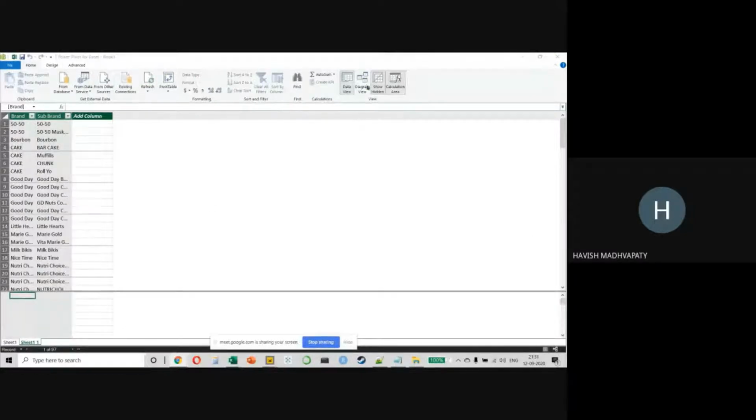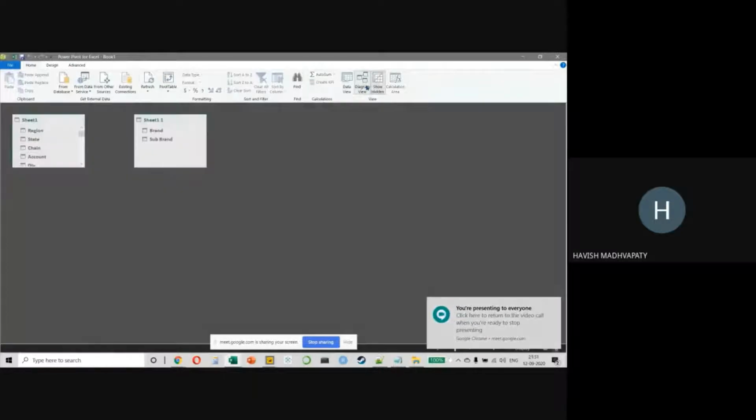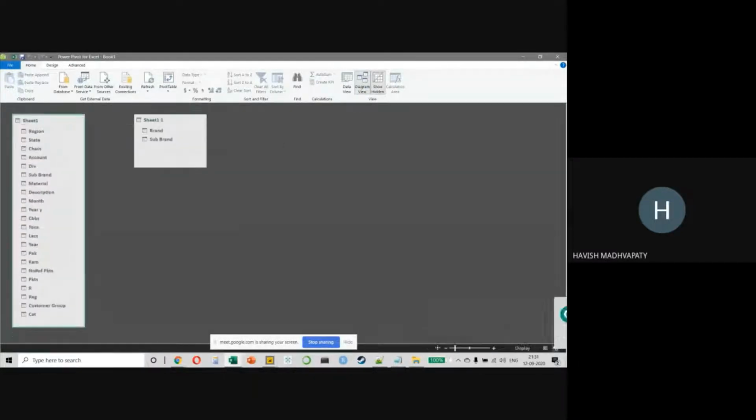I will click on Diagram View, and very cool, I have my fact table, which is my entire sales data here. This is my mapping. I can just select my sub-brand and I can drag it and put it on sub-brand. And you know what I've done right now? This is a relation. Most of you guys, engineers, right? You would know this. It's a one-to-many relationship. But it's nice to know that these things are possible on Excel. Otherwise, we spend half our time writing VLOOKUPs, handling errors. You don't have to do that.